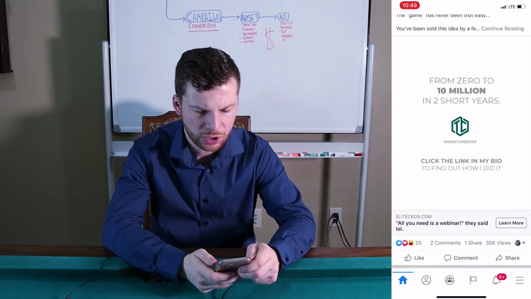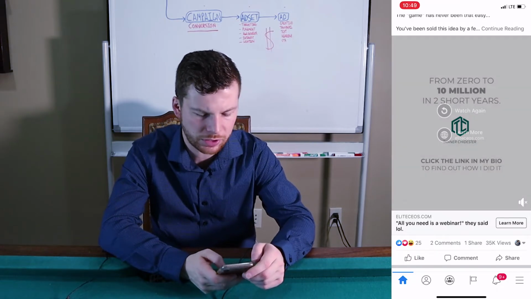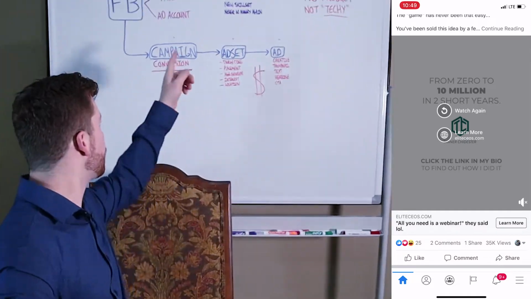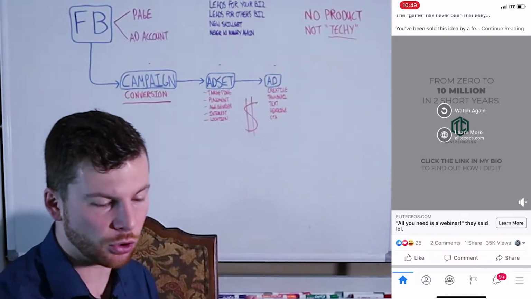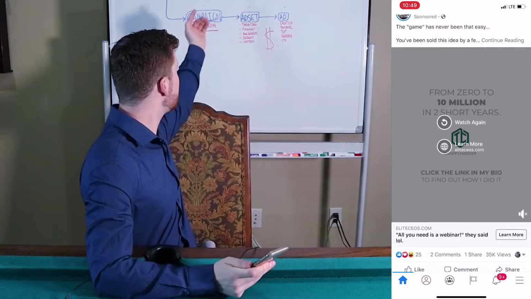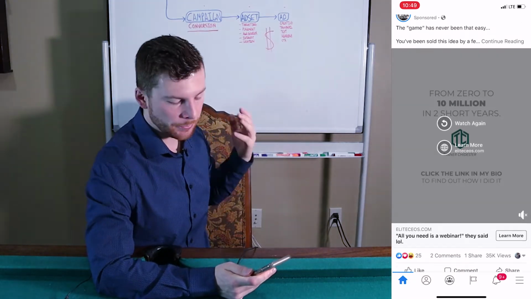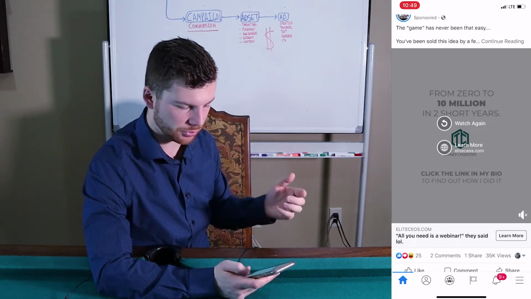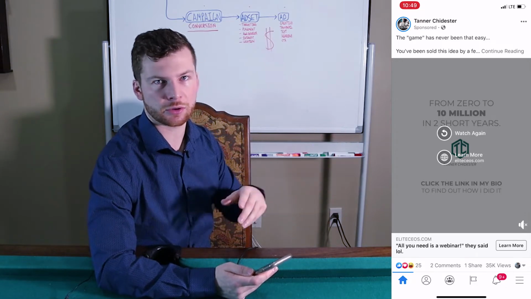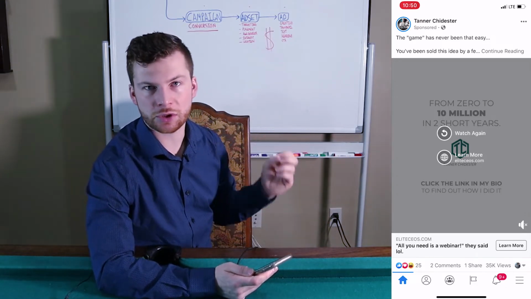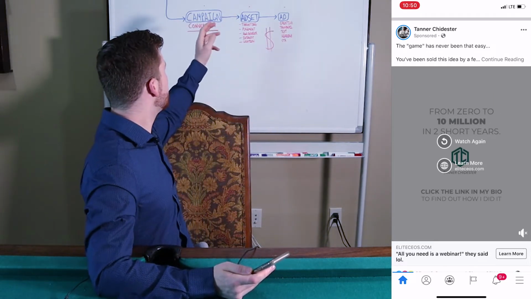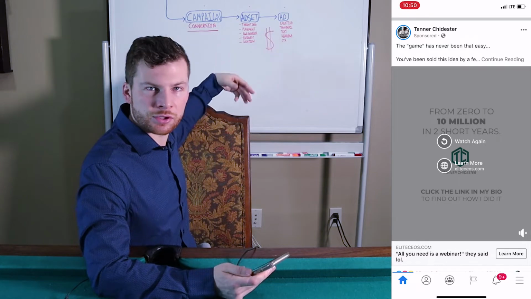So this is Tanner Chidester, whatever his name is here. Let's just go through the elements of an ad. When you create an ad, you got a bunch of things, okay? You have a campaign, an ad set, and then the ad. So what you're seeing right here is obviously only the ad, but he's created a campaign, which is essentially the objective. This guy right here is going for essentially sales. You can see his call to action, learn more. It's gonna go to his webinar registration page or his sales page or whatever, and it's gonna get you to sign up or register for something, or maybe it'll directly have me pay for something. In any case, he has a campaign. His objective is conversions, in other words, sales.